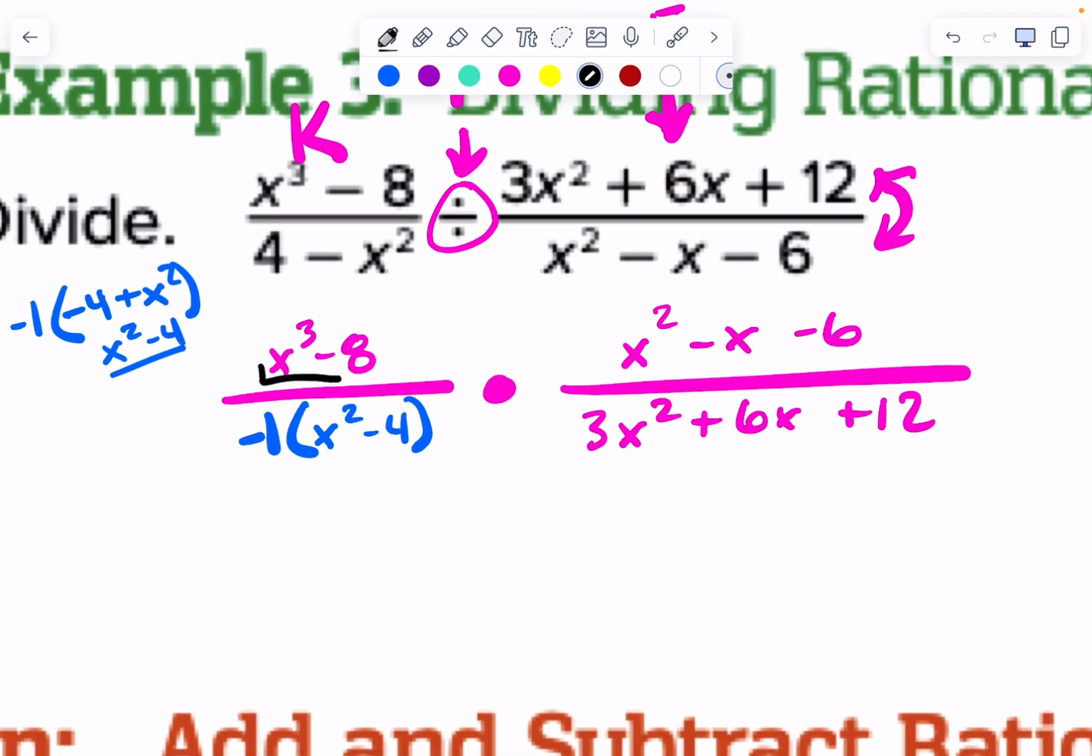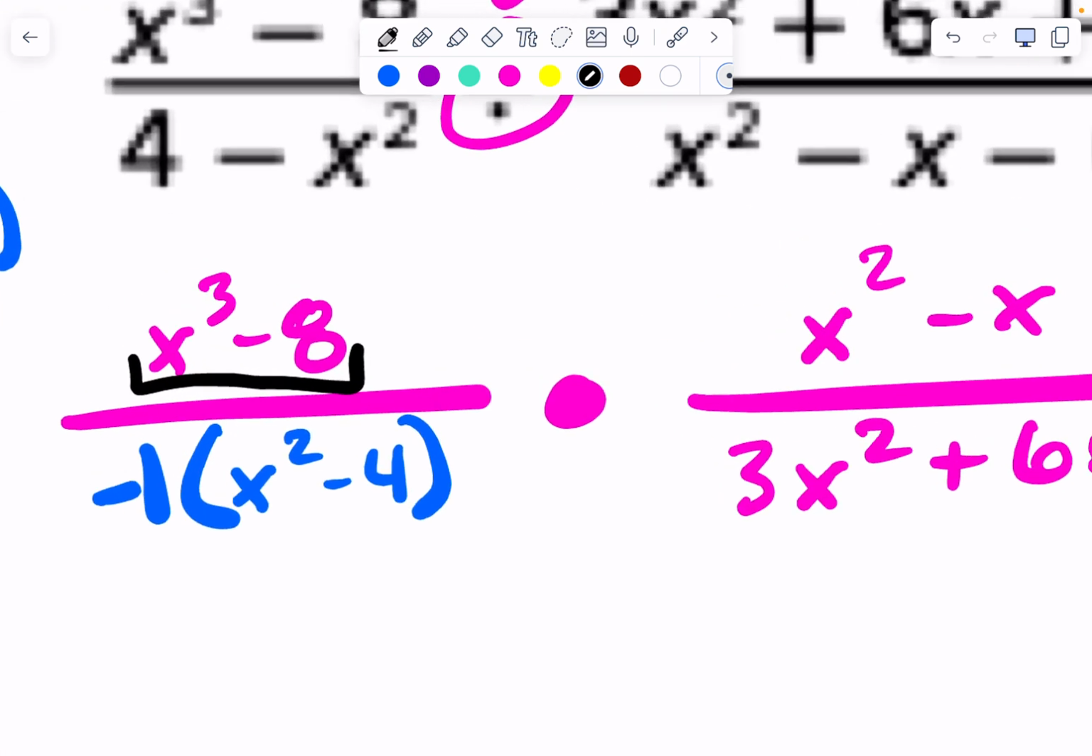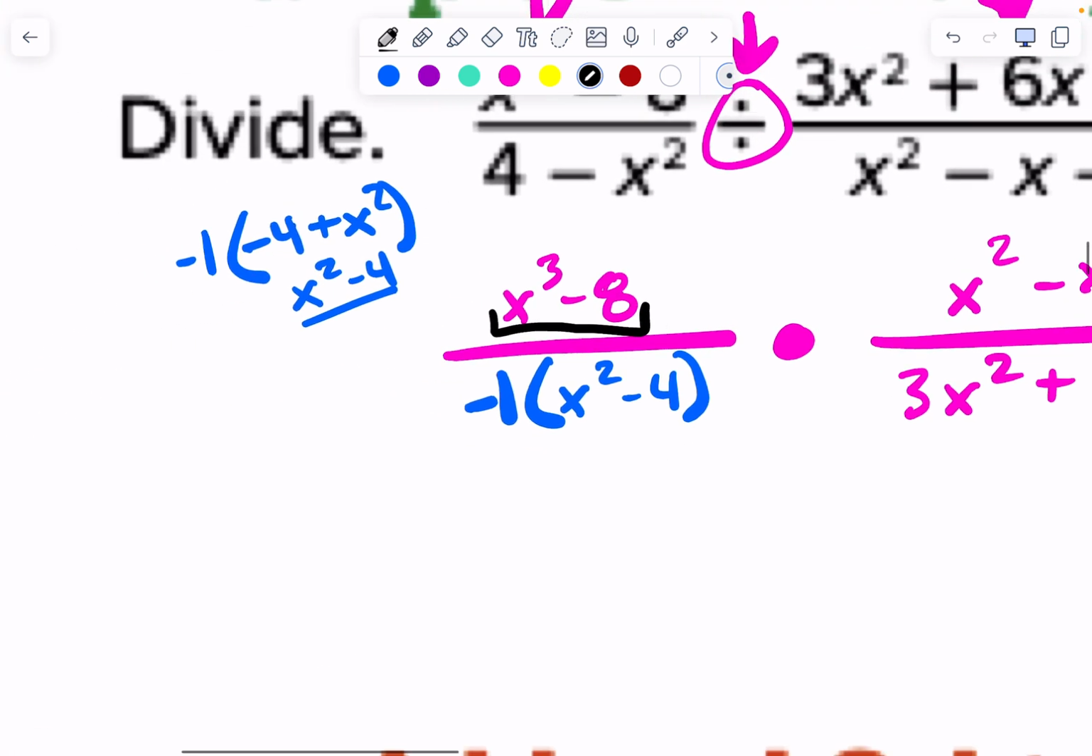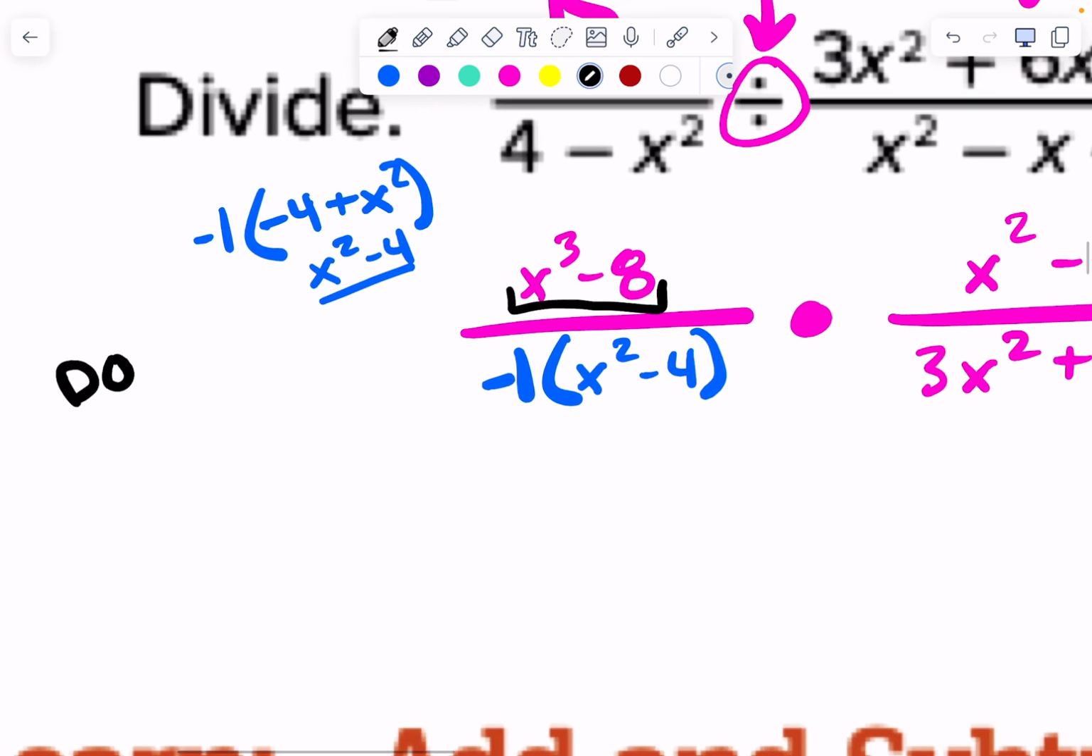What is this one? X cubed minus 8. Does it have something that we can break down? X minus 2. It's a difference of cubes. Difference of cubes is A minus B, this is where your note card comes in handy, times A squared plus AB plus B squared. So if we do that,